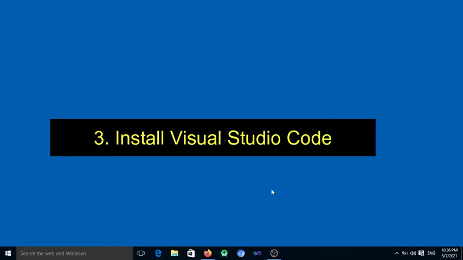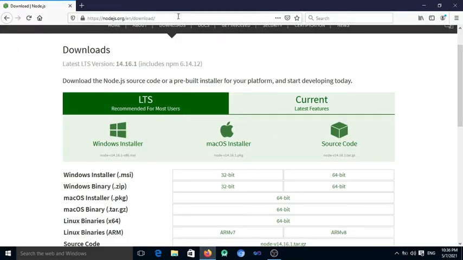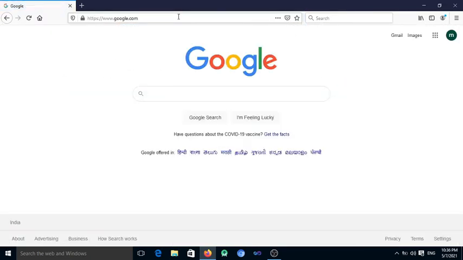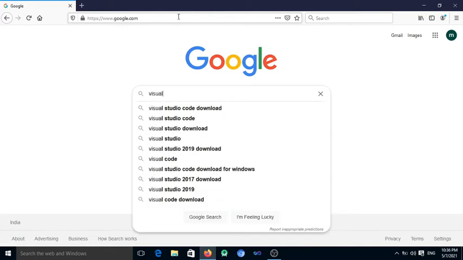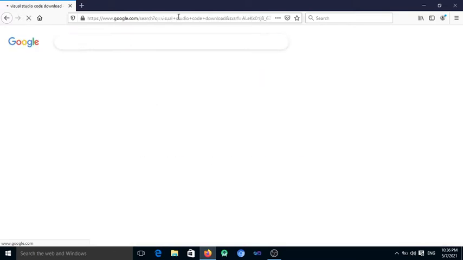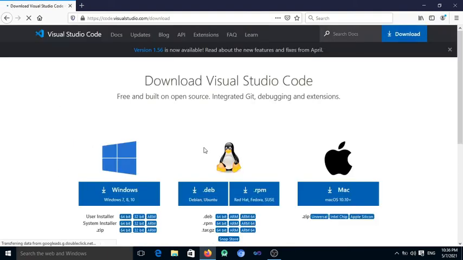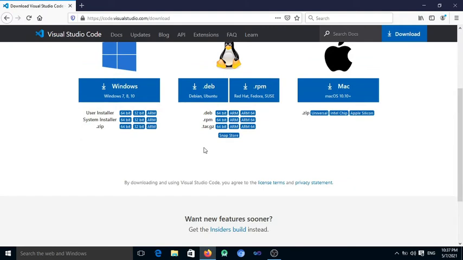Now the third step is to install Visual Studio Code. For that, open the browser and search for Visual Studio Code download in Google. Click on the first link and download Visual Studio Code 64-bit or 32-bit as per your PC configuration.